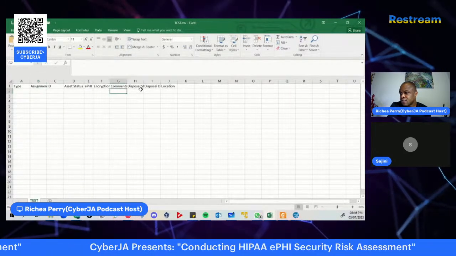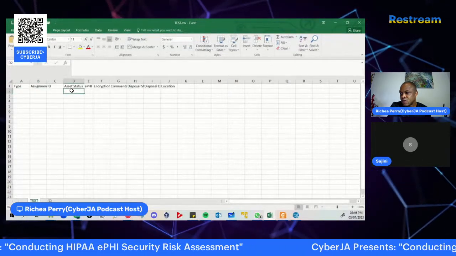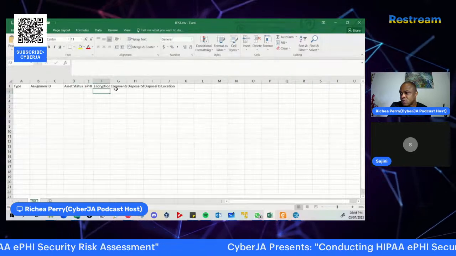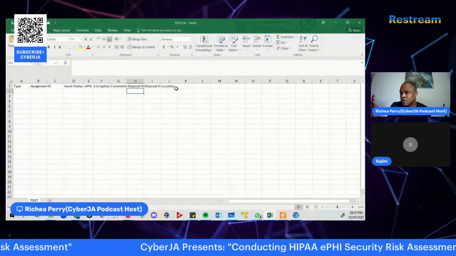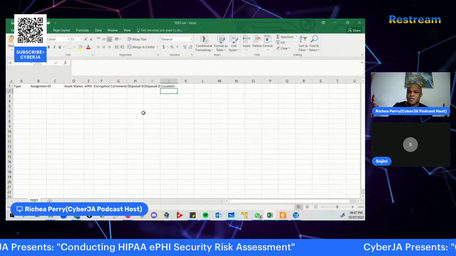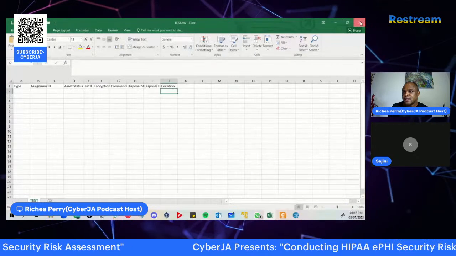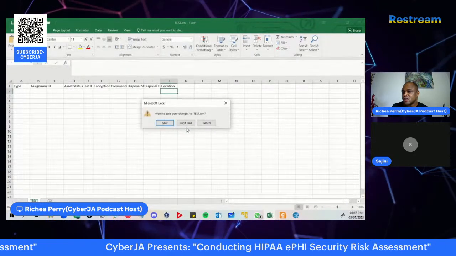So it gives all the details. You put in the asset type, asset IDs, the status of the asset, encryption, comments, disposal, all of these things, the location where the asset is stored. Once you populate all of this with the necessary information, then you can take this file and upload it to the system itself.